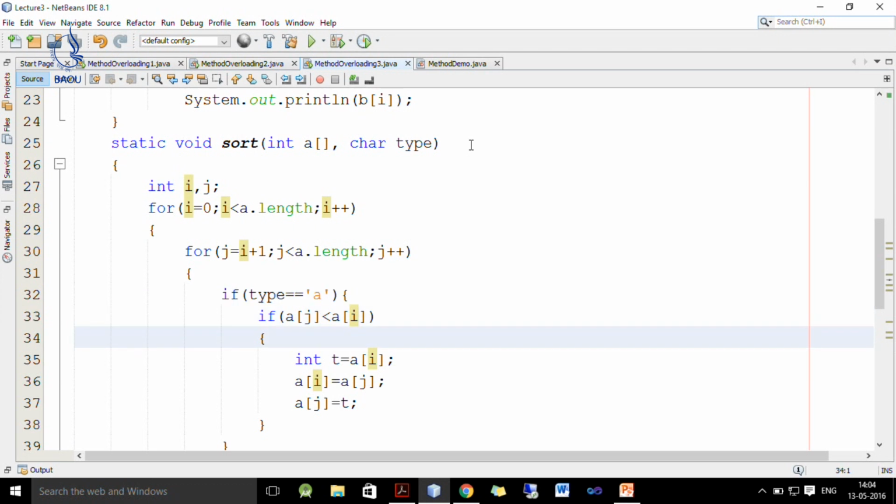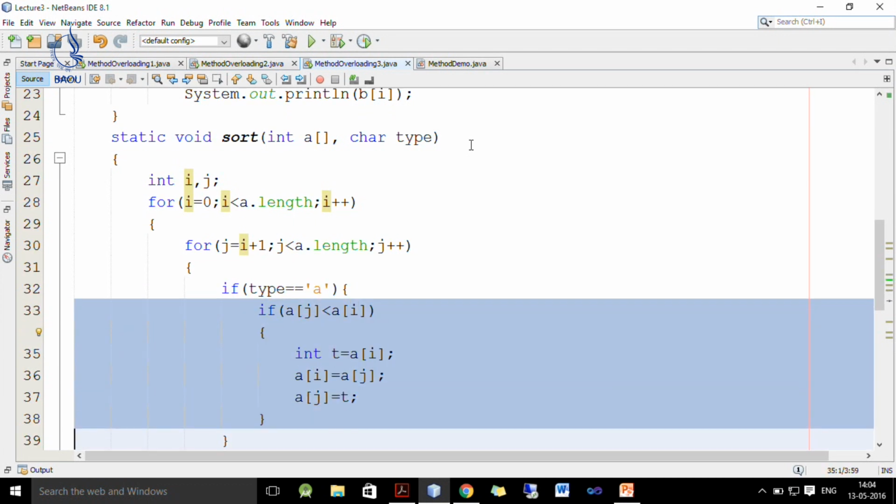So, we compare i with the rest of the elements, and if any element which is less than i is found, then we exchange the ith element with the jth element using a temporary variable t. This logic performs the exchange depending on value.